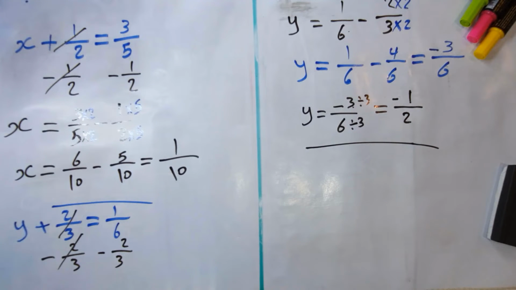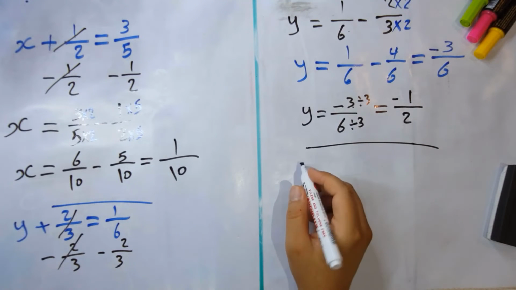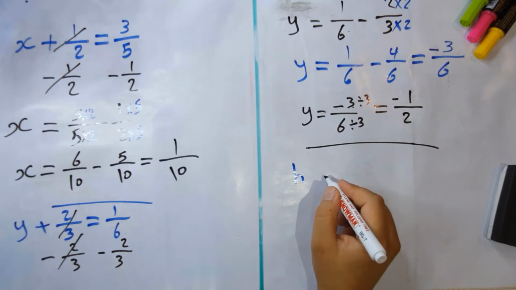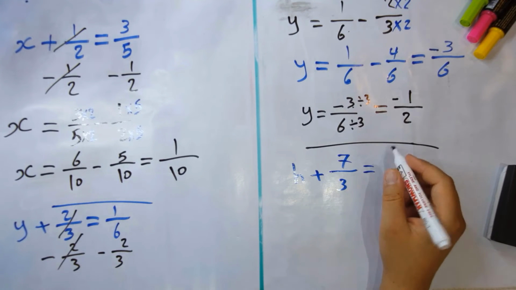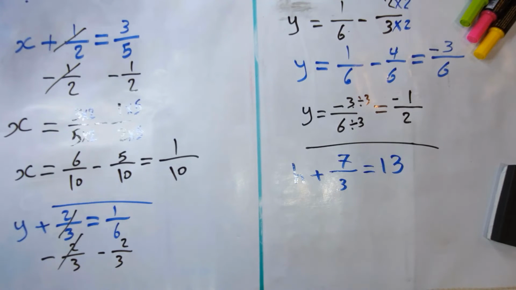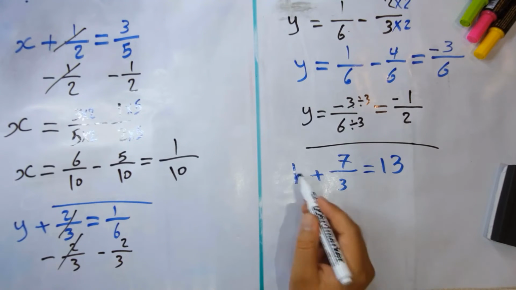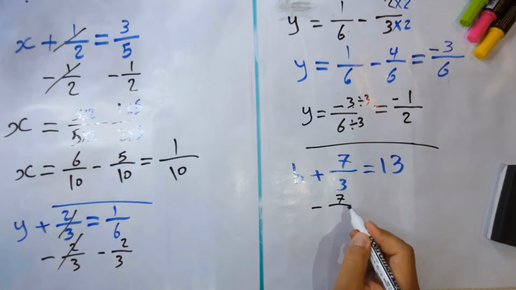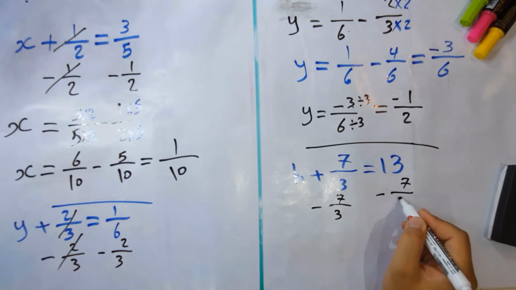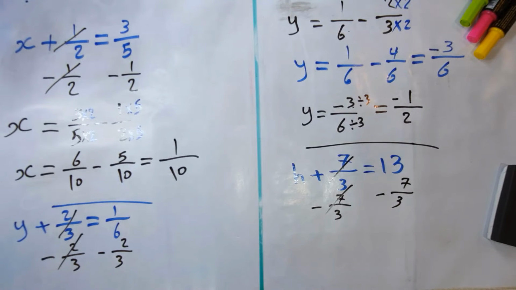Next one. h plus 7/3 equal 13. How can we solve it? Same. We should make h alone on one side, so you should remove plus 7/3, then you should do minus 7/3 on both sides. On this side, negative 7/3 and the positive 7/3 becomes 0. Then the remainder will be h equal